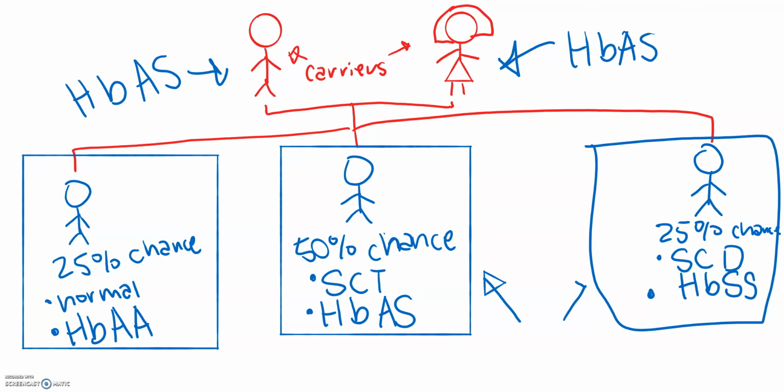Now, sickle cell trait is different from sickle cell disease primarily because it contains the gene for sickle cell disease, which is this part, hemoglobin S, but rarely does the child have any of the health problems that sickle cell disease has. However, they can still pass it on, with the child having sickle cell disease, like what's happening over here.